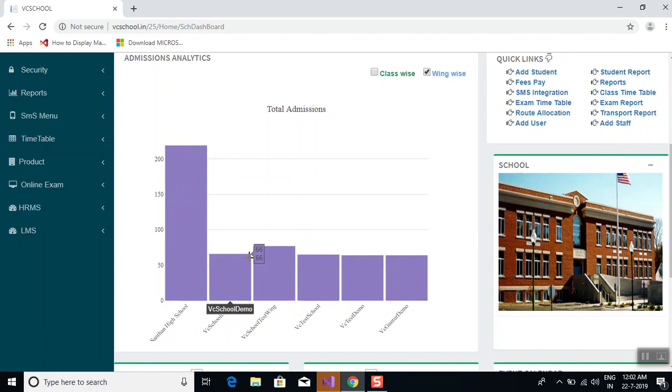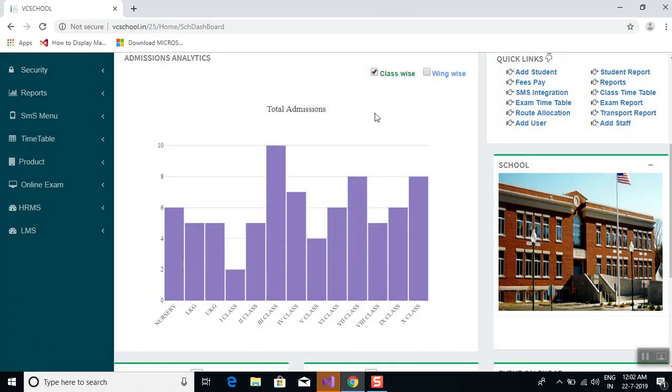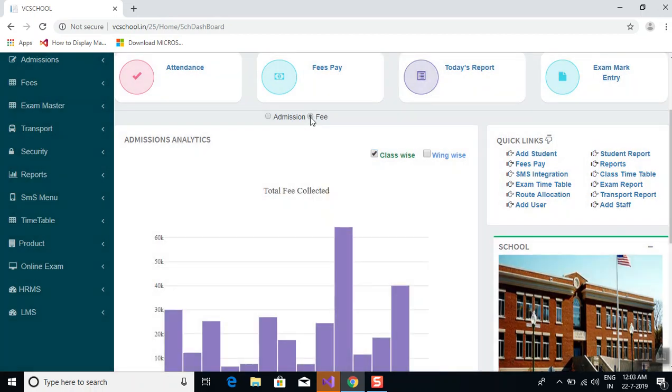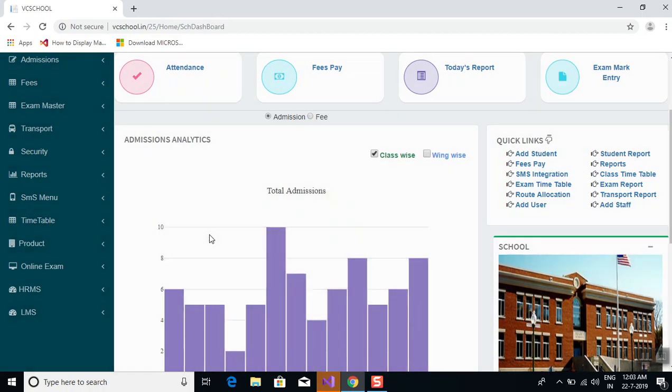VC School Demo Branch, we have 66 members. VC School Test Wing, we have 77 members. And VC Test School, we have 65. Like that we can get wing wise data also. And class wise means based on the current wing, we can get class wise data. This is regarding admission. Next, if we check fee, then